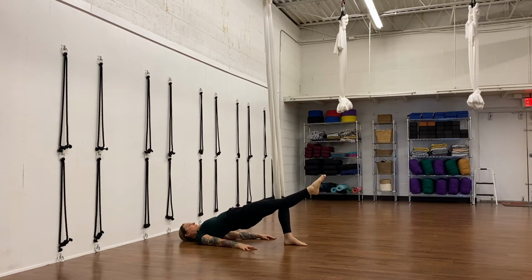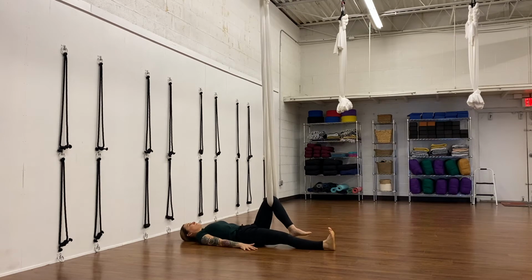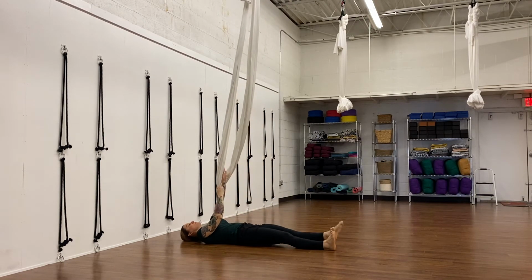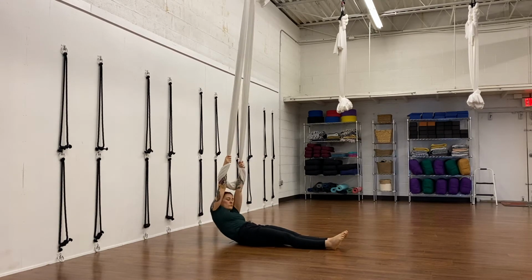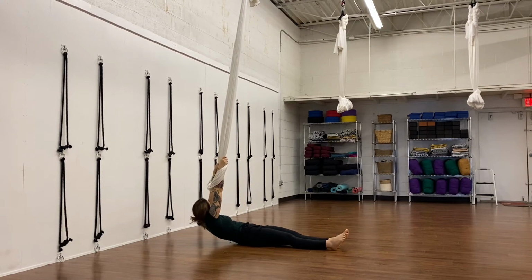Really feel those glutes working and those hamstrings working. Let your shoulders help though. And then lower down. And then again, you can take this left leg out of the hammock nice and slow. And you're going to wrist wrap here. Reach arms up a little higher, and then really work that grip strength. So this is a good exercise to work your grip strength to move into some more advanced postures on the